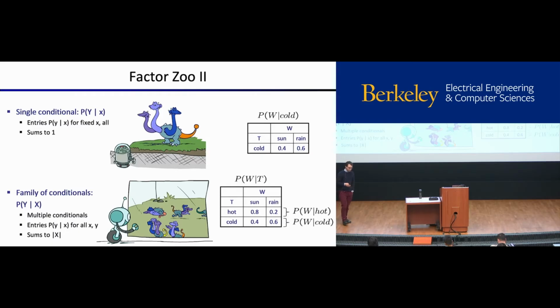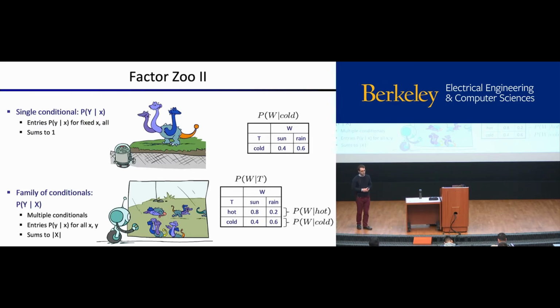We have all the probabilities of y given x for all the different values of y and all the different values of x. And each one of these rows is equivalent to a conditional distribution for a fixed x. So each one of these rows is going to sum to 1, and then the total probability in the table is going to be 1 times the number of possible conditioning variables, x. Okay? So this is whenever we see a conditional that has a capital letter followed by another capital letter.